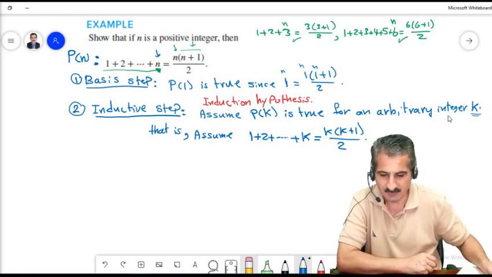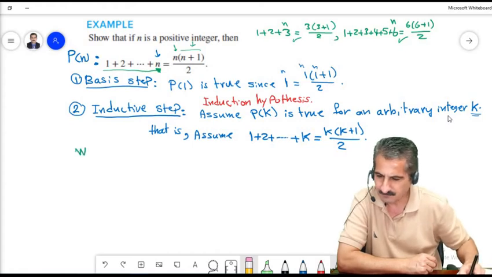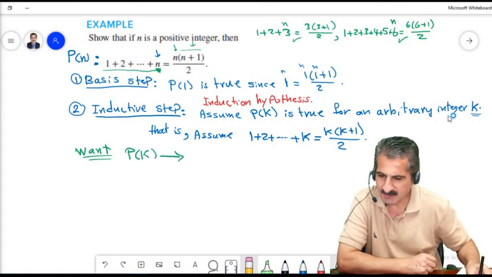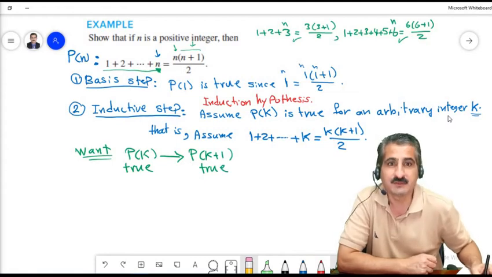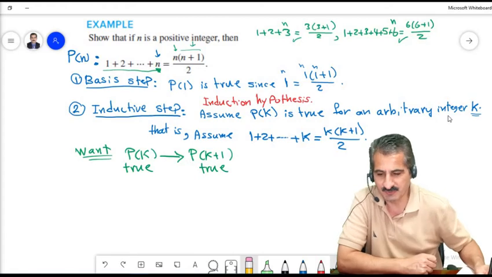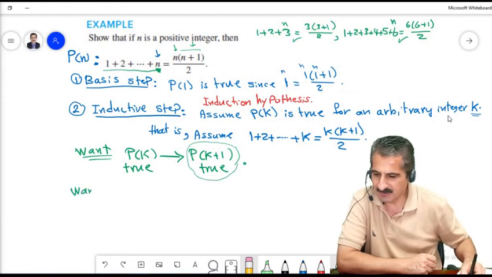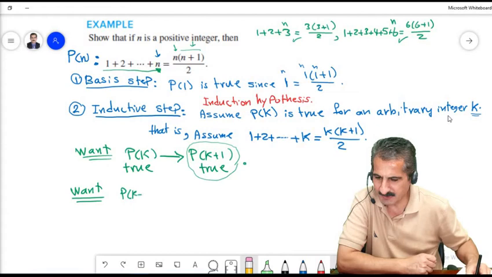Okay, now what do we want? Want to show that Pk gives P of K plus 1. So let me try here. We want to show that if Pk is true, then P of K plus 1 is true. That's what we want, okay? Now we are assuming Pk is true. And then we want to prove this. Okay? So, again, let me write: want P of K plus 1 is true, but that means